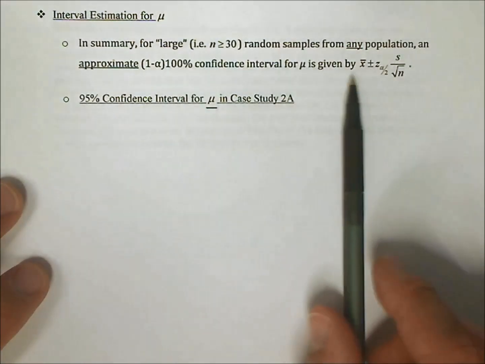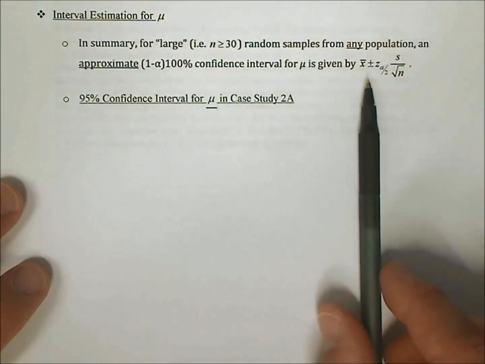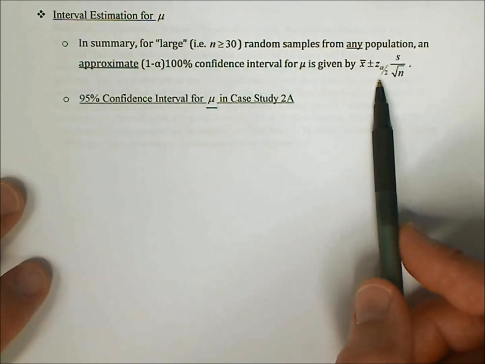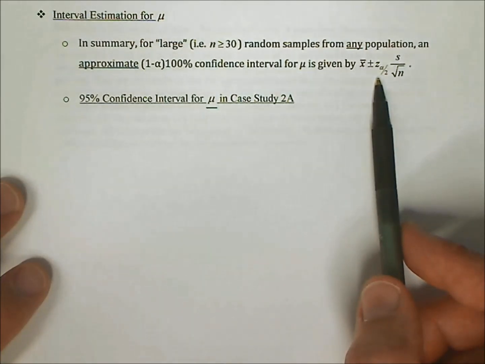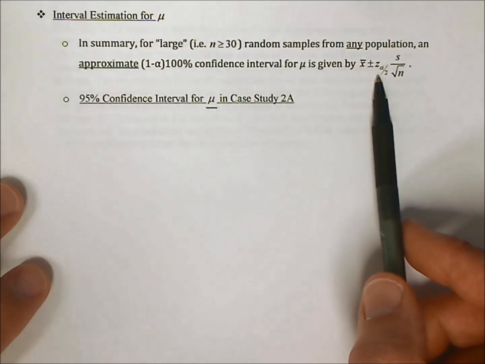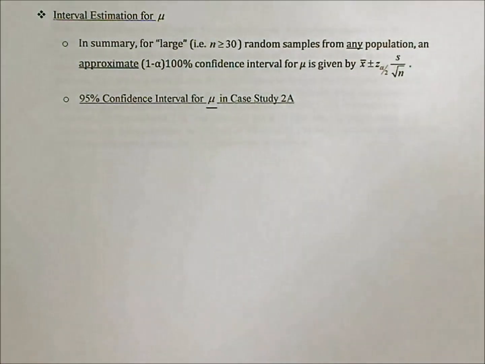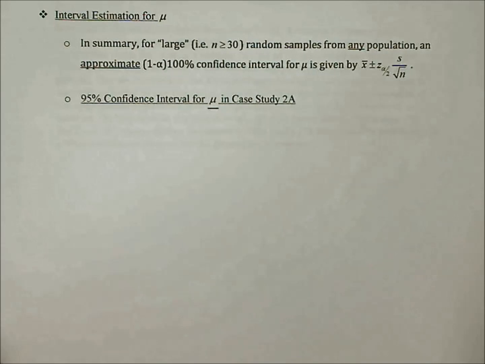Now, this looks a lot like what we had in case 2a, and it's very similar. The only thing that's different is we've replaced t with z, and that's because our test statistic that we began with followed a standard normal distribution for large n, and that's why that's a z percentile there. Now, if you actually put a t percentile in place of this z, you're going to see you get something very close to it, because the t percentiles are very close to the z percentiles for large sample sizes. So this is our confidence interval for mu